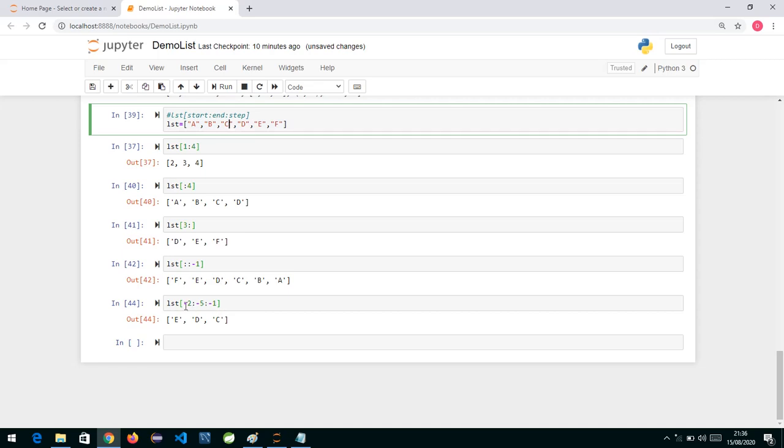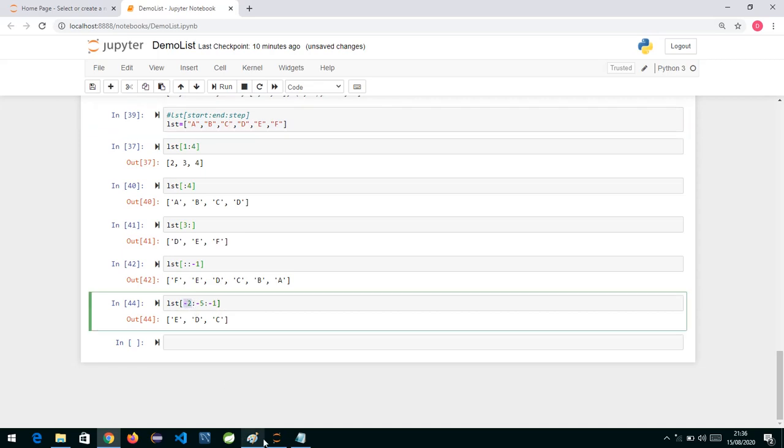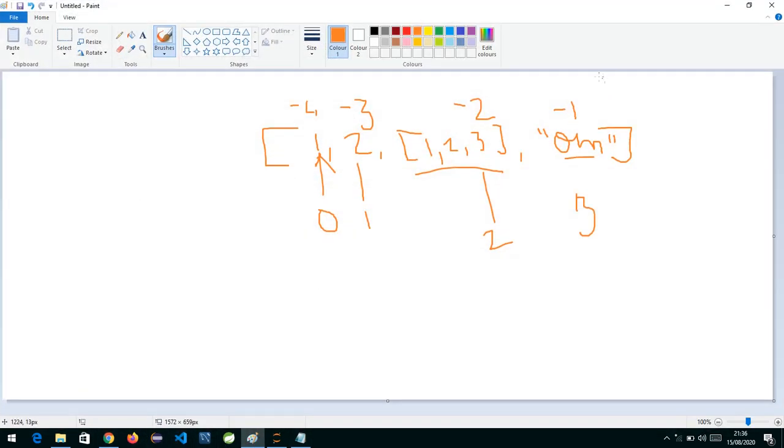Why? Because the start position we have given is -2. As I told you, whenever we talk about a list, with positive indexing it starts with 0, and with negative indexing the last element has index -1, the previous element has -2, and accordingly -3 and -4.